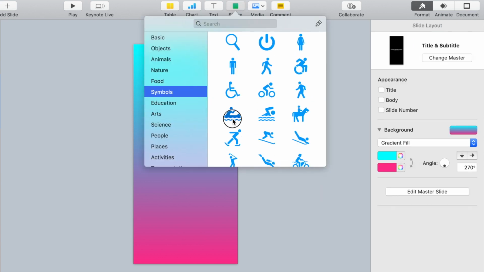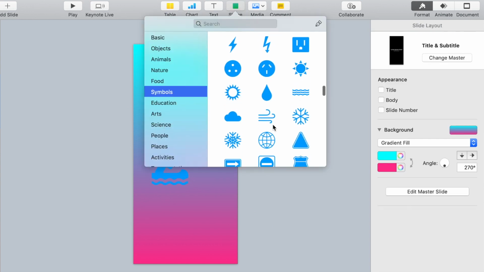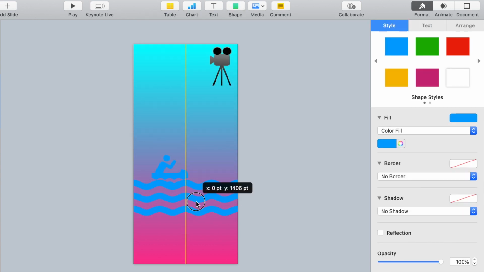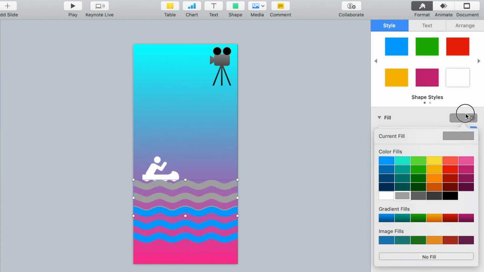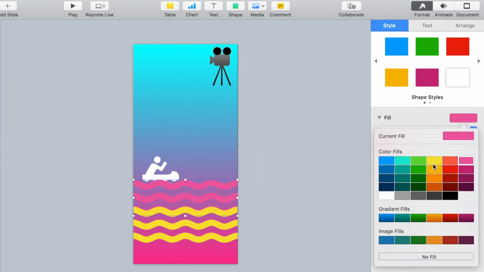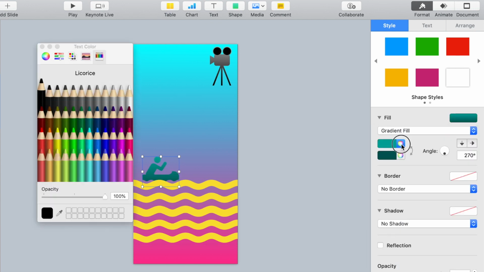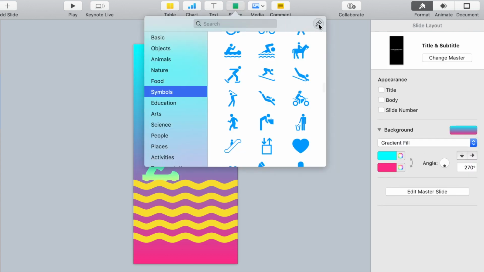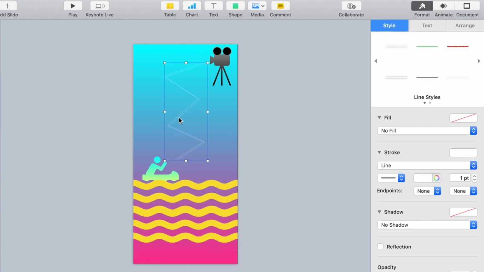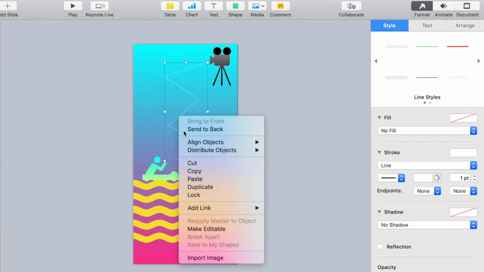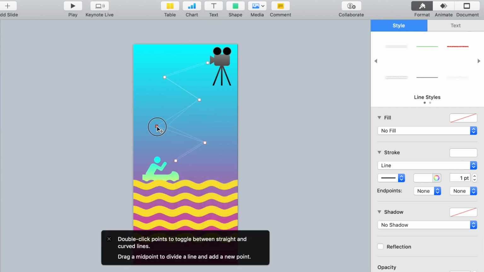Now go to shape and select this canoe. Again go to shape and select this water. Then copy and paste another water. Change the color of canoe. Change the color of water. Now select the pen to draw. Draw zigzag. Now copy and paste it. Now double tap and make editable. Now make a bit of change